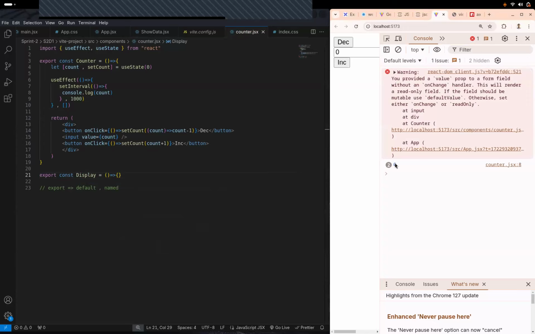Okay, so this thing runs for the very first time. If I increment it, then it will increment. Then if I increment it again, decrement it again, this happens. But whenever I increment or decrement it, why isn't it printing the new value? Why is it still printing the old value? Because this setInterval is running just once when the page is loading. And when this setInterval was called for the very first time, what was the state of this count?